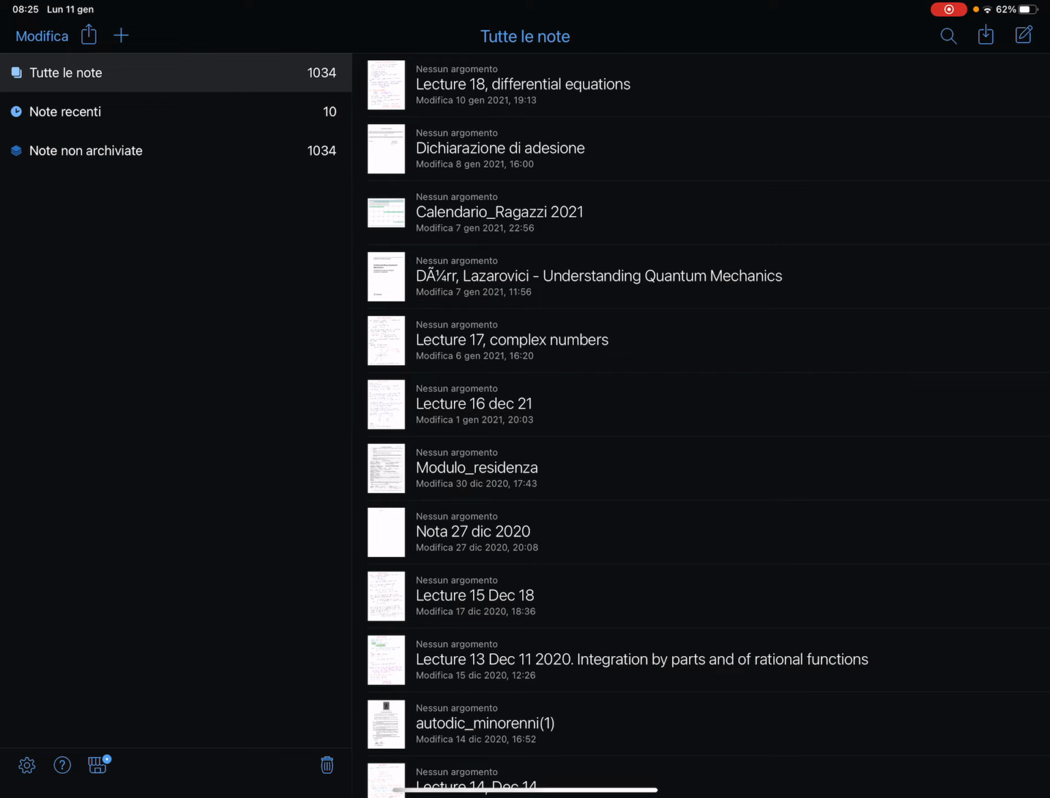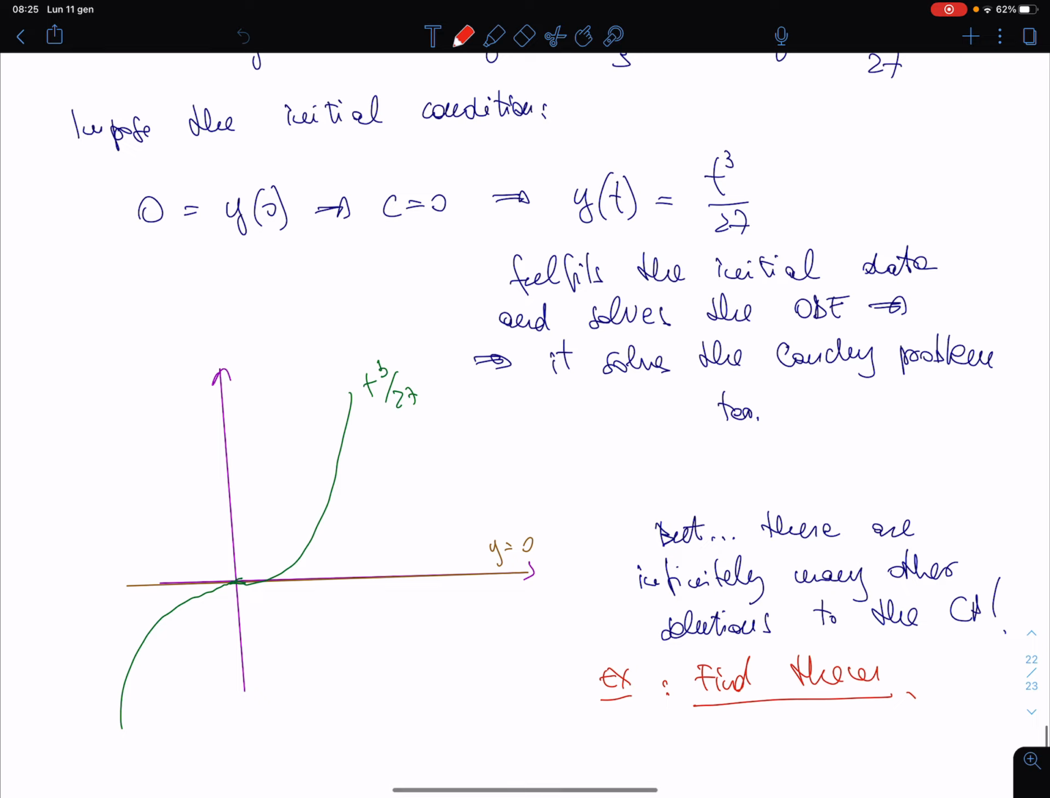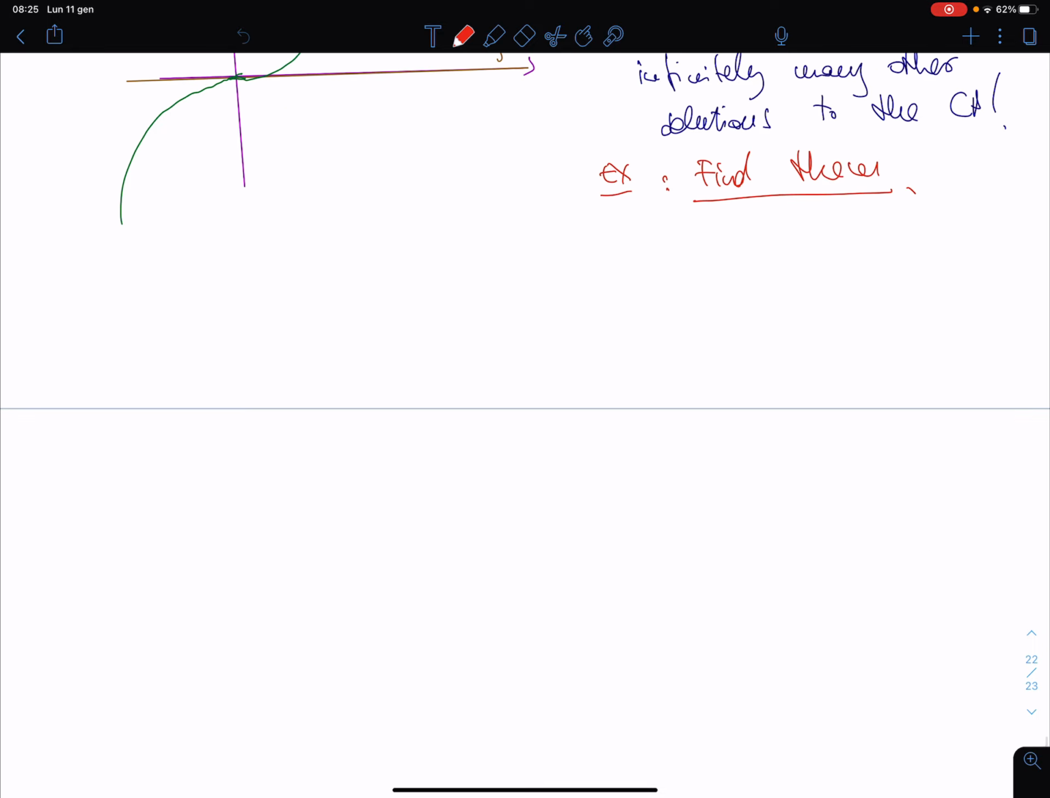Okay, and so now if it works, I'm trying to tap. Very good. Okay. If it works, and it seems it works, we can start with the theoretical treatment of the